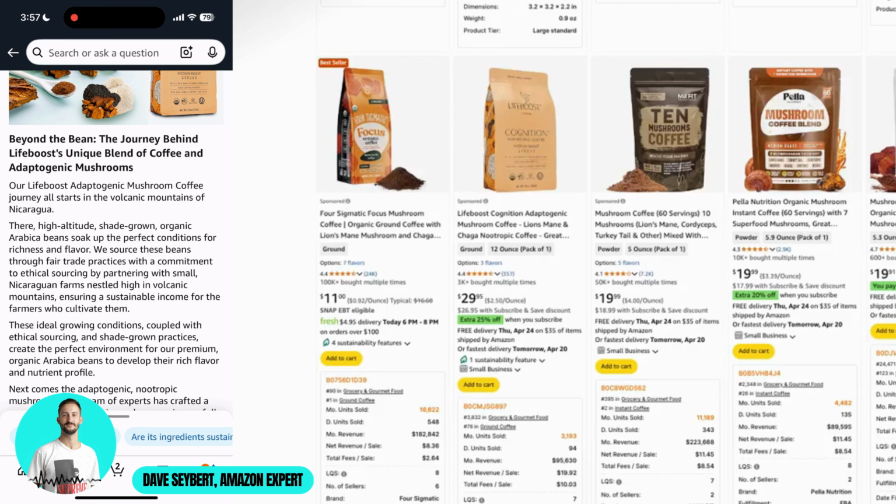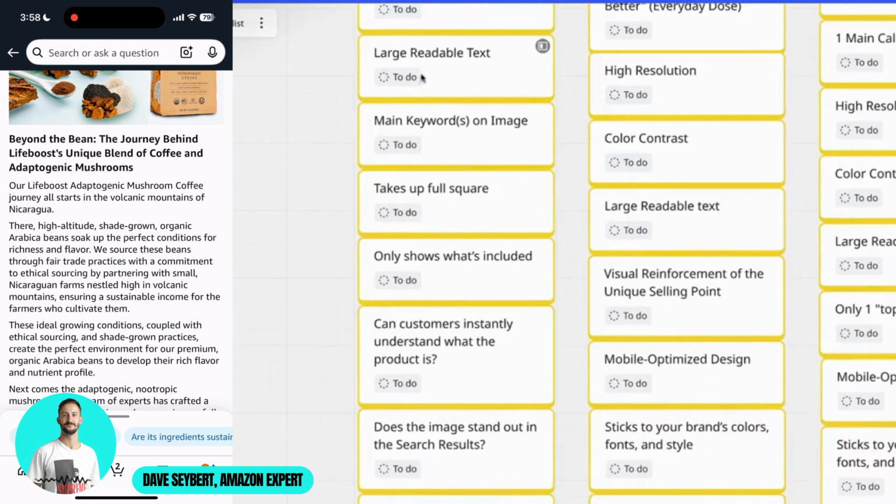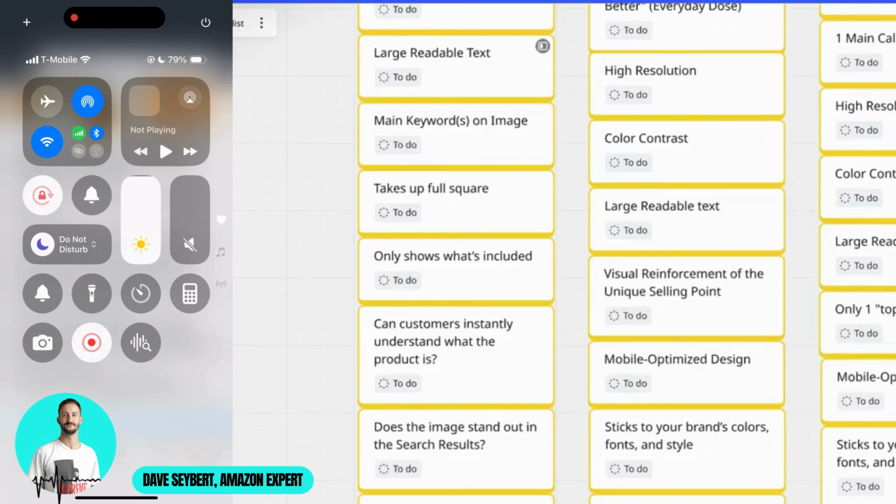Color contrast. Okay, that's one that they don't have. They don't have a good color contrast. It's hard to read. The black text doesn't really pop very well on that beige tan color for their packaging. Next, large readable text. I would say no, they don't have that. So let's go over here to this checklist. So large readable text. No, the only things I can read on this